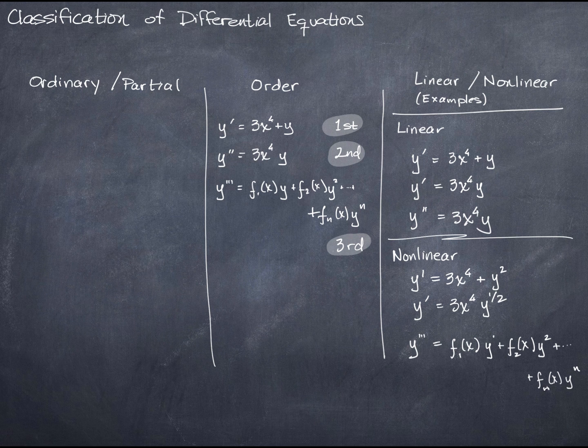Now, whether a differential equation is ordinary or partial is determined by what kind of derivative you took in order to get it. All of the examples I've shown you so far are ordinary differential equations. I'm going to use this one again, but I'm going to write it as dy/dx equals 3x to the 4th plus y. That is an ordinary, first order, linear differential equation. What makes a differential equation partial is determined in part by,